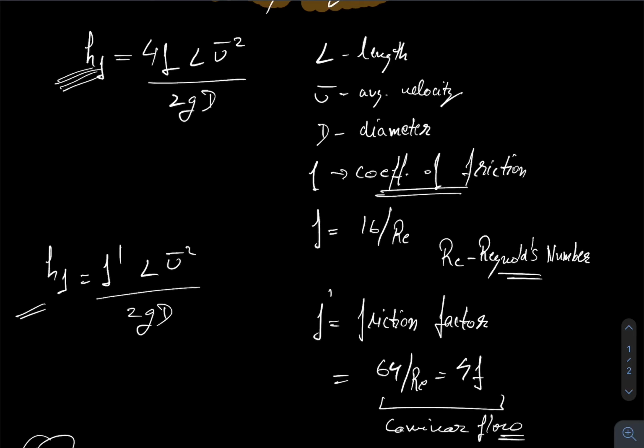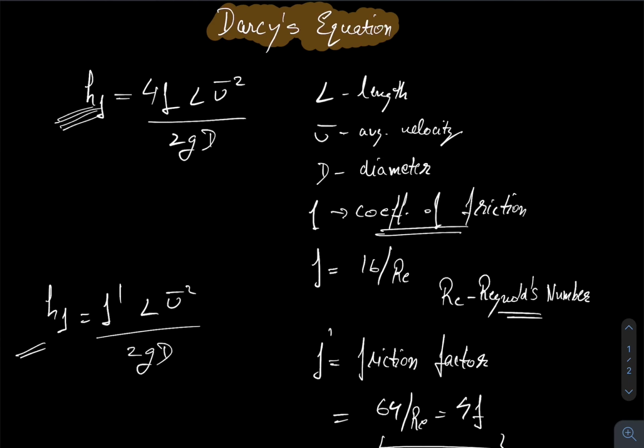In turbulent flow the eddies formation and the intermixing of fluid are dominant, so we can't use this equation for total losses. But still, if it's asked that you have to calculate the laminar losses only, then you can use this equation. I hope Darcy's equation is clear to you. It's a very basic equation.